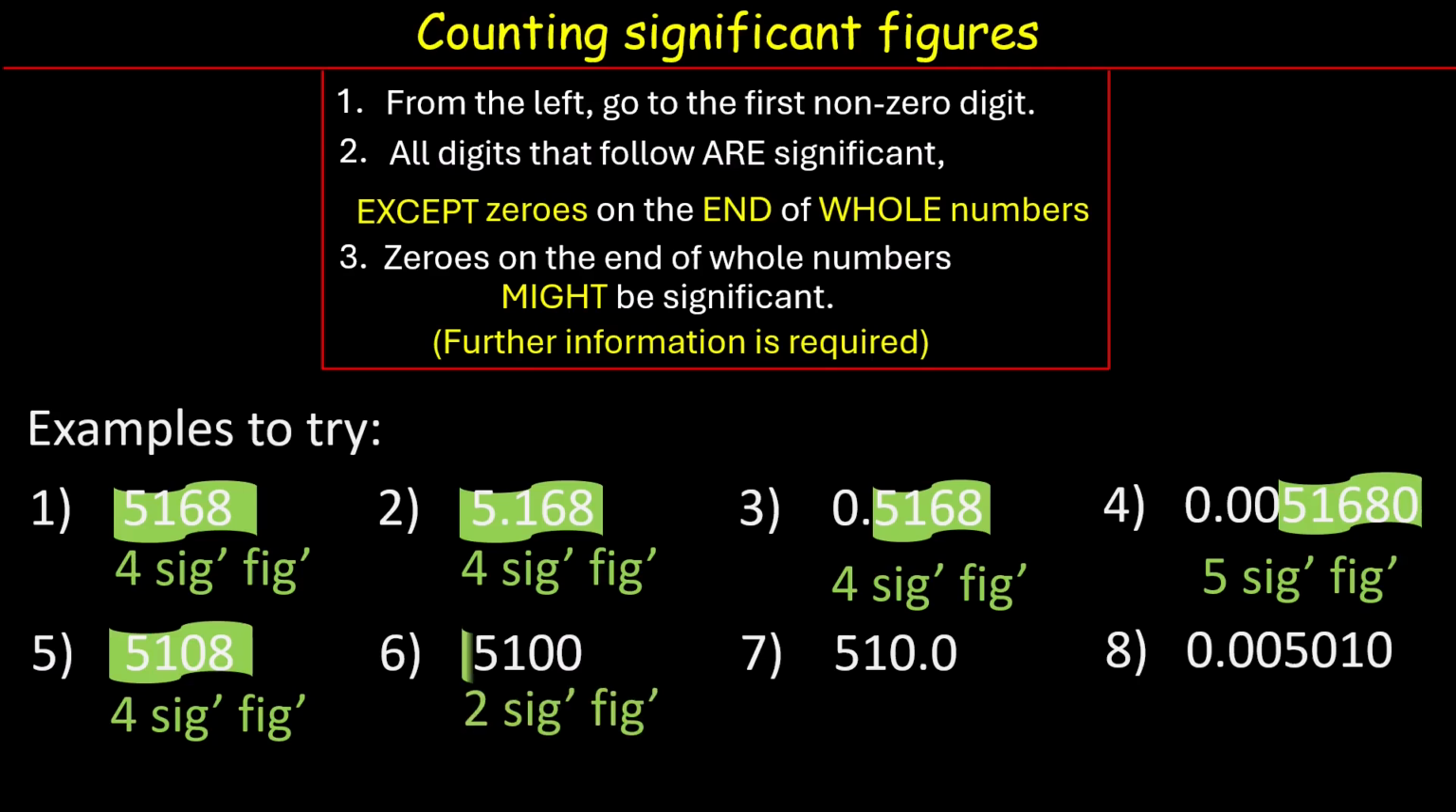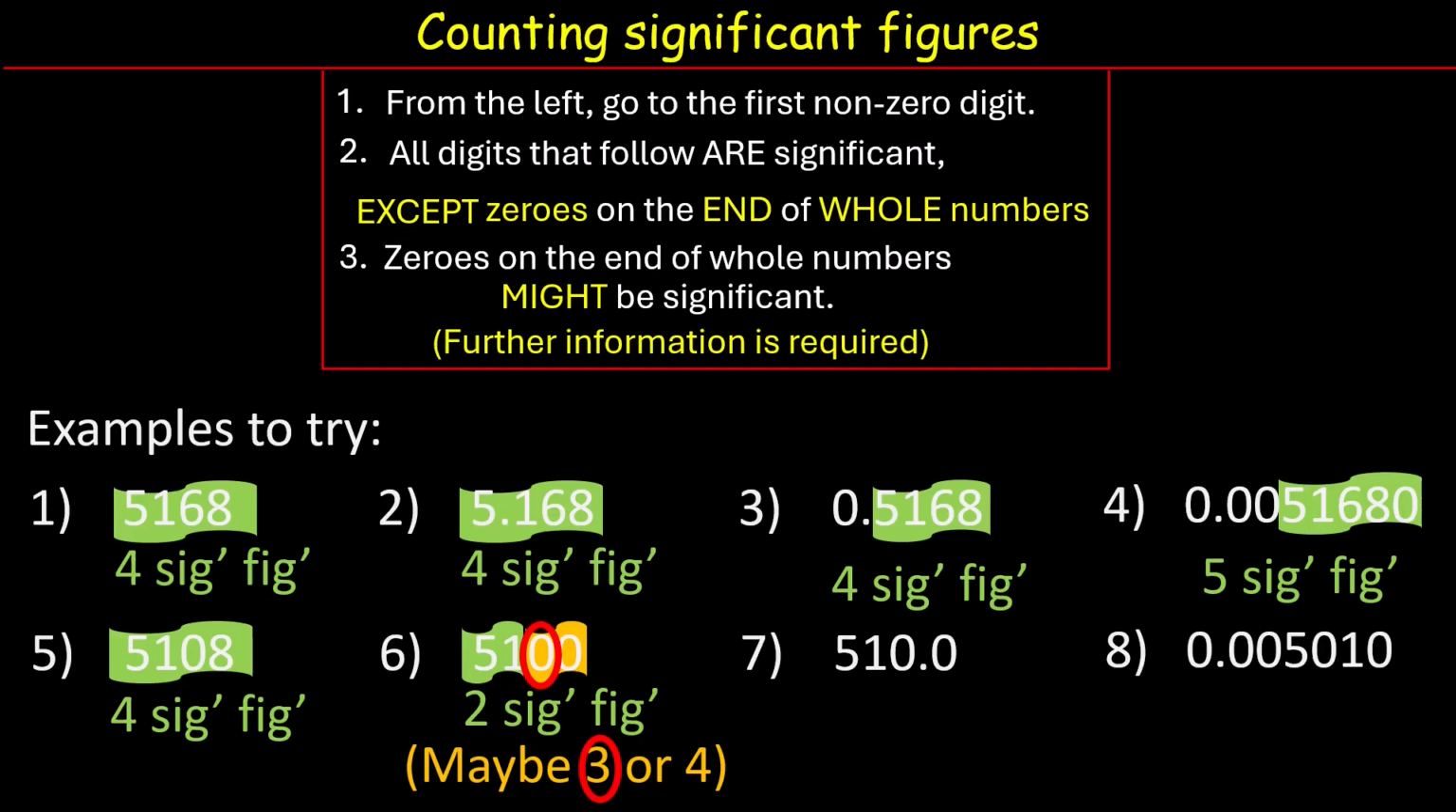In number 6, it's a special case. Zeros are on the end of a whole number. No further details are provided, so they may or may not be significant. We cannot tell for sure. We can say that it definitely has 2 significant figures and might have 3 or even 4. If we were told that it is correct to the nearest 10 here, then we would know it has 3